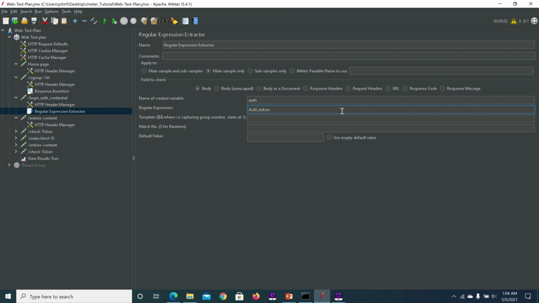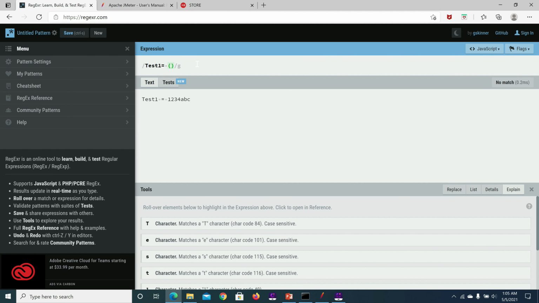And for the regular expression, let me show you some examples of how to do that. Here this bracket is a group. Inside that we will give many characters. With this expression, okay, we are getting a value up to 1 only, not the rest of the values. So we have to use a more efficient expression. So I am going to use, inside the square bracket, the meta character double quote, plus. Now it will give the value 1 2 3 4 ABC, one match found.